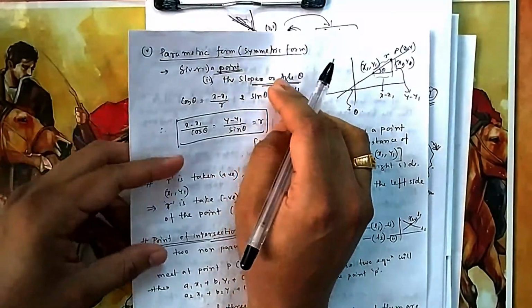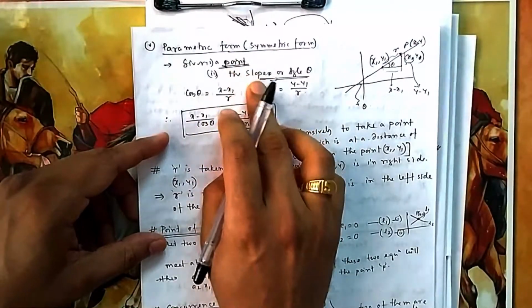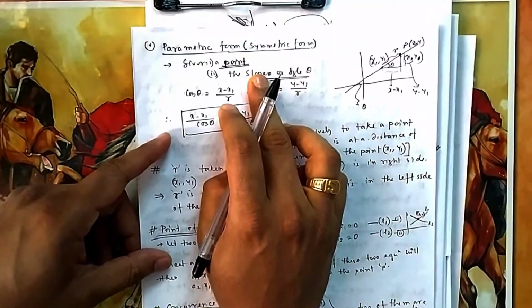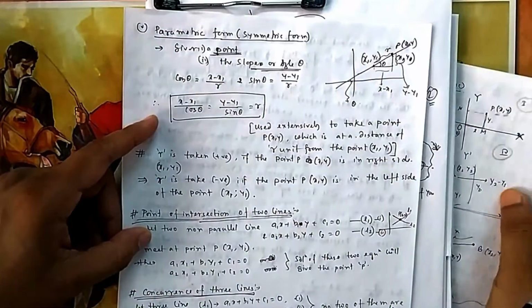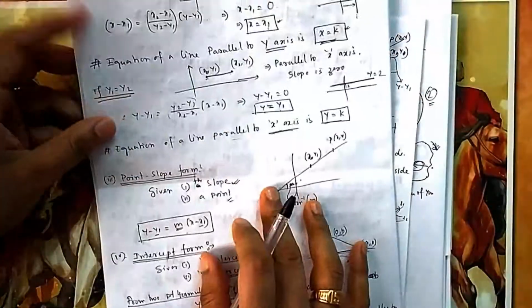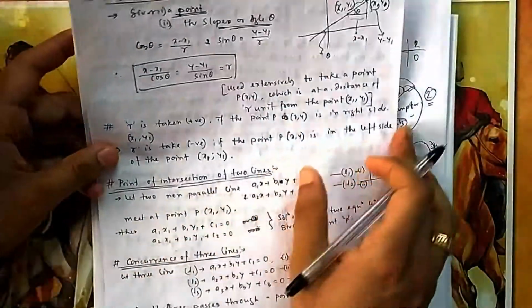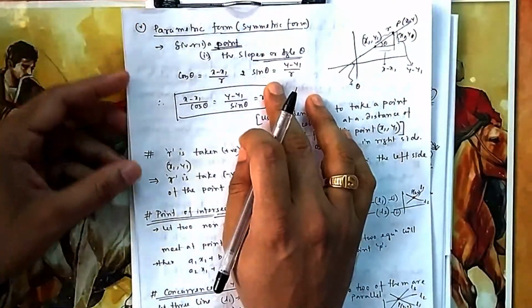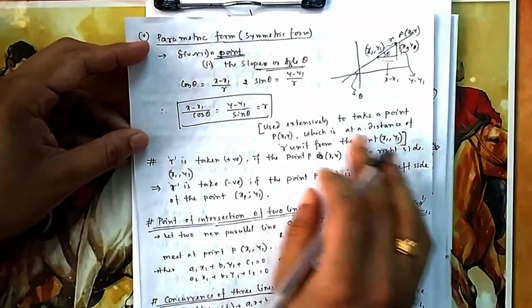So now you say, sir, already we have learned one where point and slope is given. Okay, you have learned one, that is y minus y1 equal to m into x minus x1. This one, where a point is given, a slope is given, is the point slope form. But this is given another name, because you will learn it a little later. It is also used in some cases.